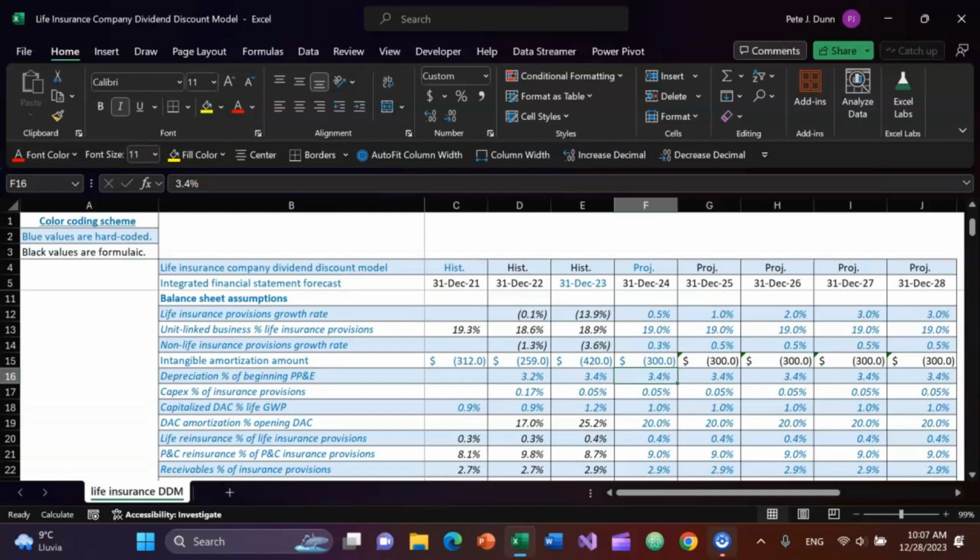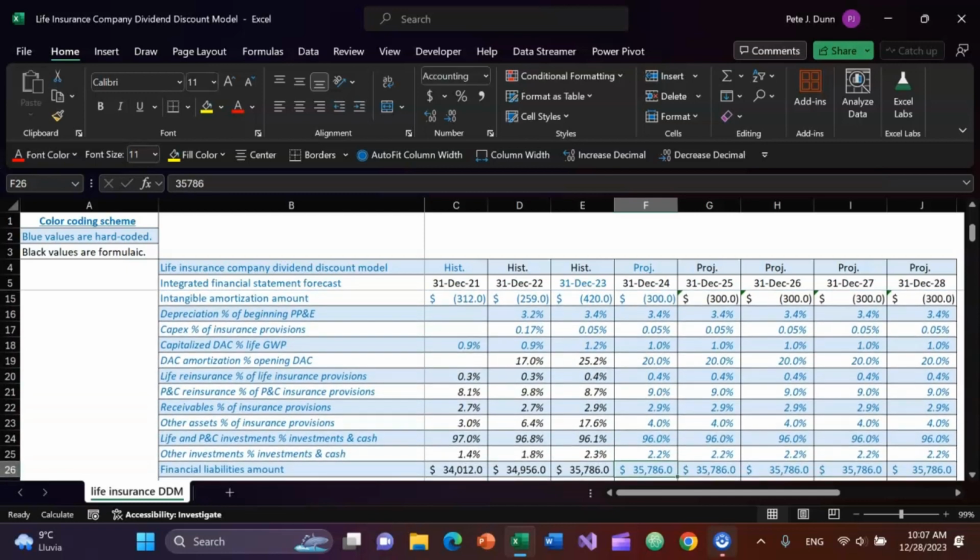I've got assumptions for depreciation as a percentage of beginning property, plant, and equipment, CapEx as a percentage of insurance